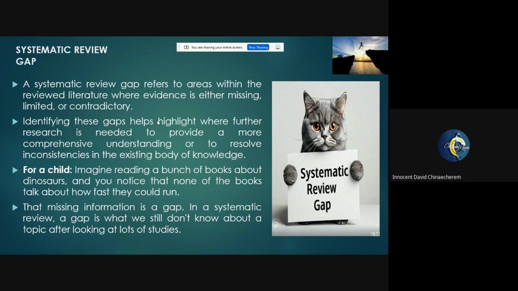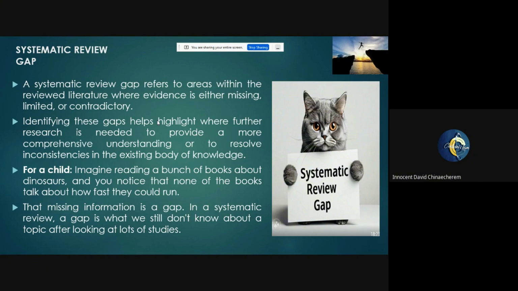So we won't really say there are gaps in literature in terms of management of diabetes, but there is kind of contradiction. That means the systematic review gap is there because we need to now combine and pull all those evidence together and try to close the gap, to say this is what we've got, and this is the area that we can actually address. So that is what we mean when we talk about a systematic review gap.